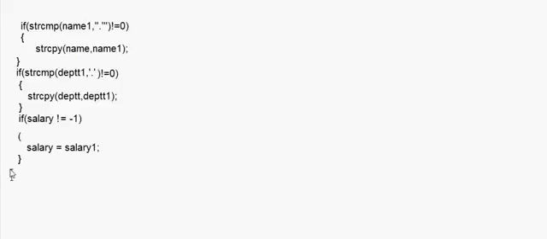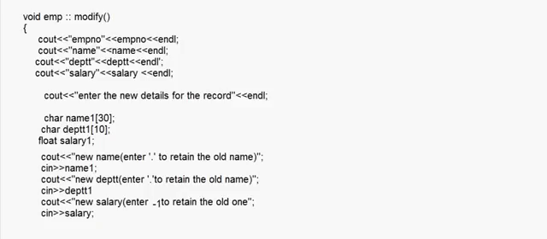Understood? That's all we have to do in this function modify. Here I close this function. So basically in the modify function I'm first displaying the old record as it is, and then I'm asking the user to enter the details for the new record.